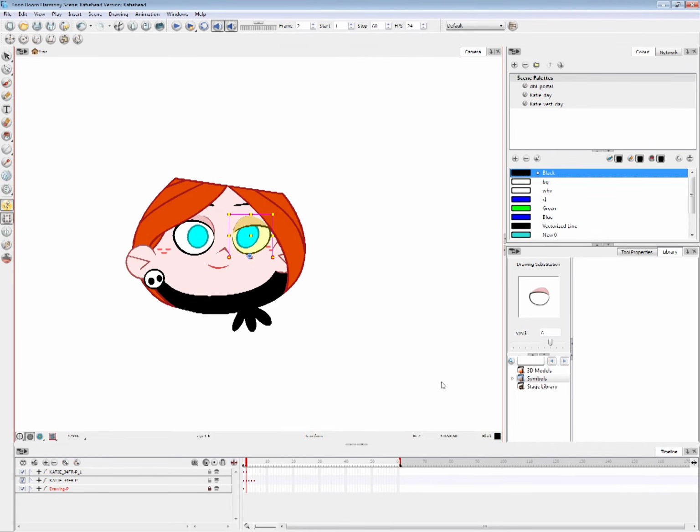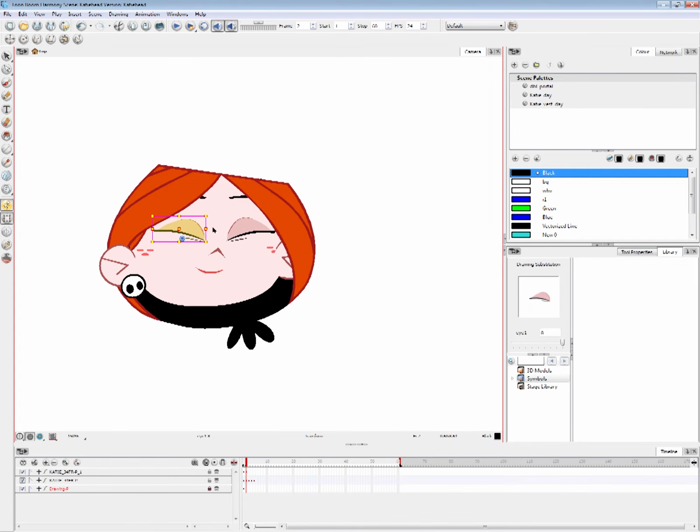But for now, we're using F and G. And I'm selecting the eyes and using the square brackets to get to the parts we want. I'm selecting and using the B button to go up the hierarchy.